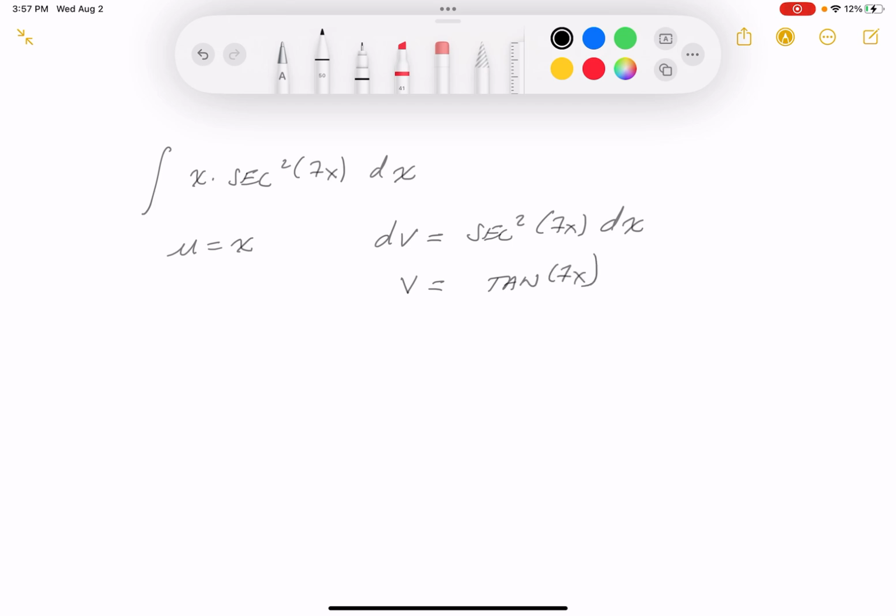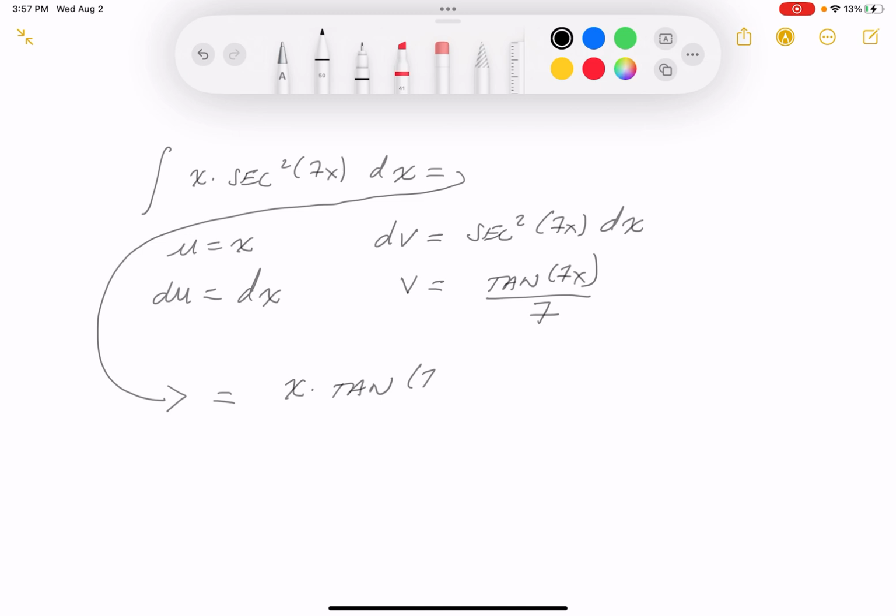But when you differentiate that, you get secant squared 7x times 7, so I have to divide by 7. So that's not bad. What do you get over here? Let's see. du would equal dx. All right, let's see if we can put that down now. So I'm using integration by parts. And what do you get? Let's say uv. So you get x times the tangent of 7x over 7. That's uv minus the integral of v du. That's tangent